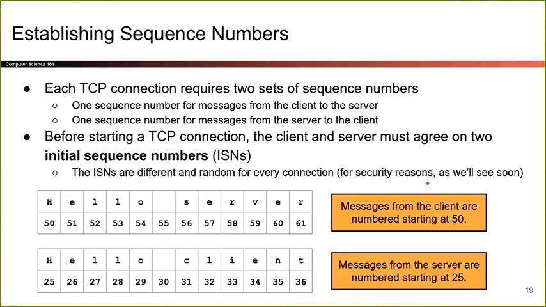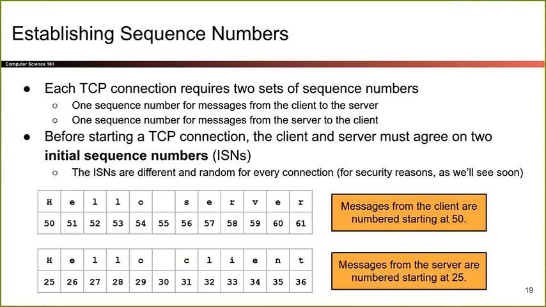So here's an example. This is a message from the client to the server, "hello server", with numbers starting at 50. The H is 50, the E is 51, the L is 52, and so on, right? In this stream, every byte is numbered, and there could be more messages after this, and they would start at 62 and keep going up. This stream is all the stuff being input by the client, sent over TCP across the internet, and received by the server. So this is one stream.